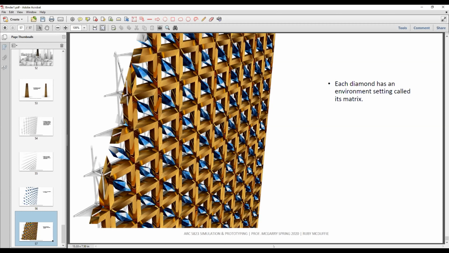So the frame is a little heavier at the bottom upon the entry of the building. But then that particular matrix sort of loosens up and the diamond of the individual becomes more prominent as